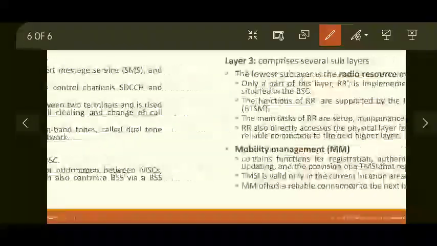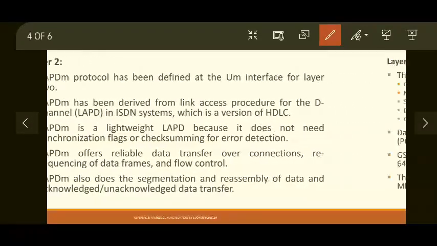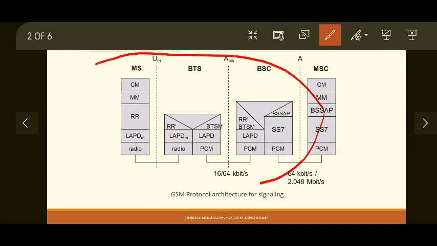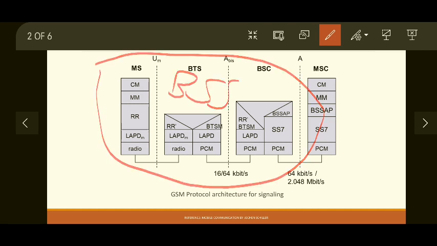So what is the meaning of this? Let's see that. These three are part of BSS, and this entire BSS is managed by MSC. So whatever functions are required for the management of all three entities, the information required for controlling these three entities is conveyed via the BSS application part.